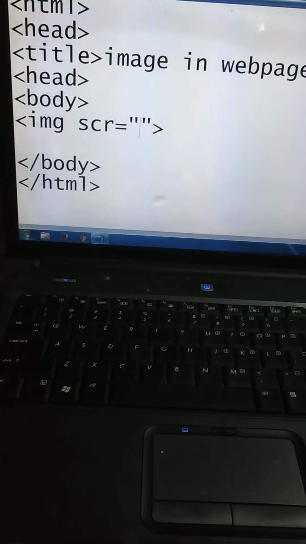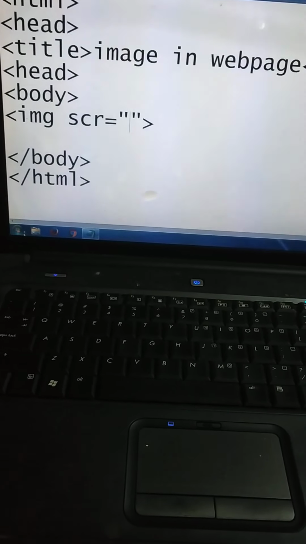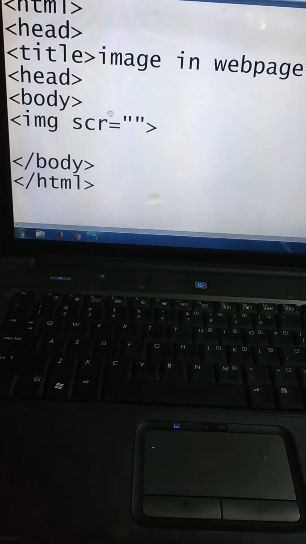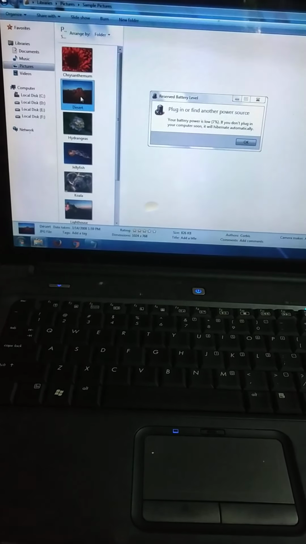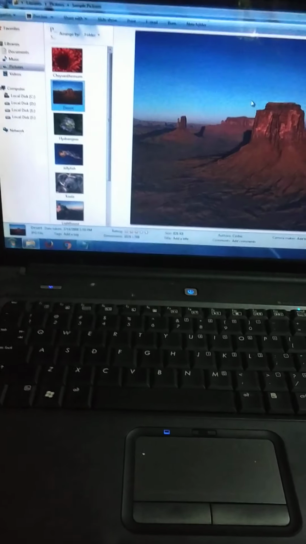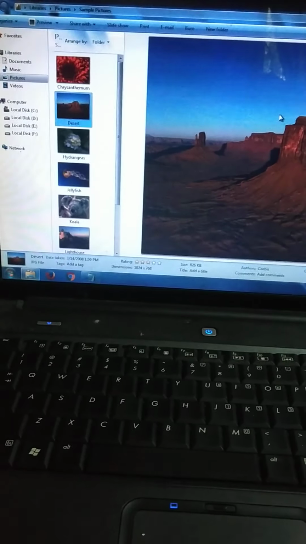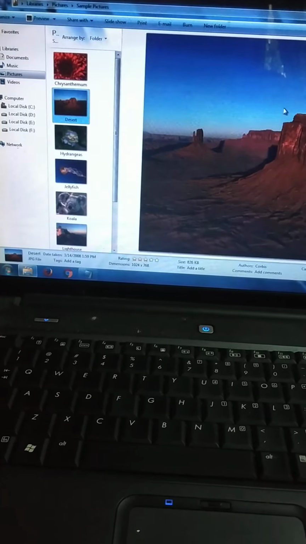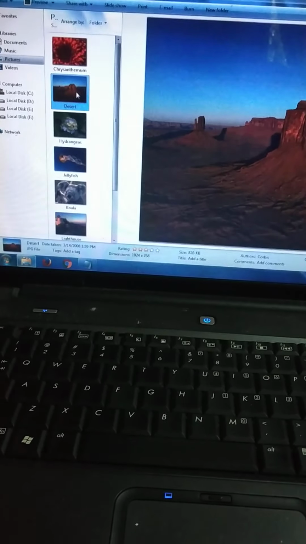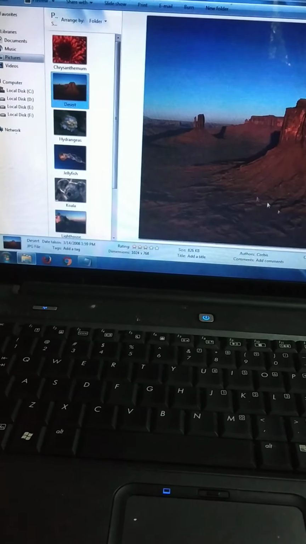Okay, so to do that, let me just go to somewhere in the computer or inside the pictures. Suppose I have this picture as desert. Now you can see that I have chosen a picture, desert, inside my picture gallery.